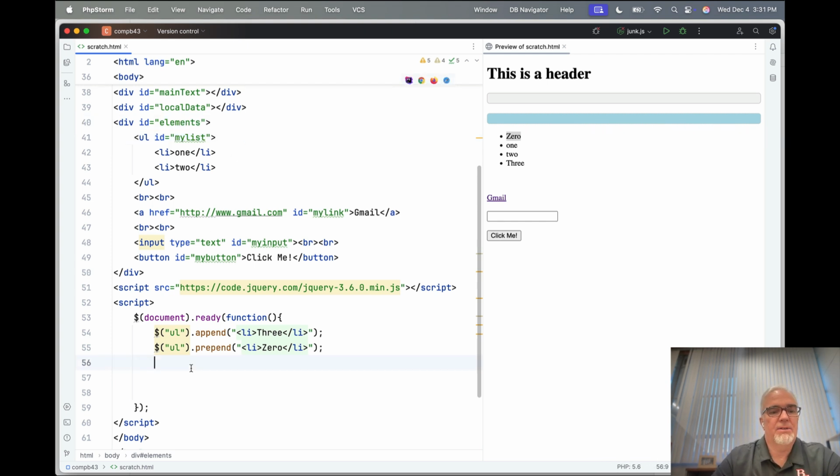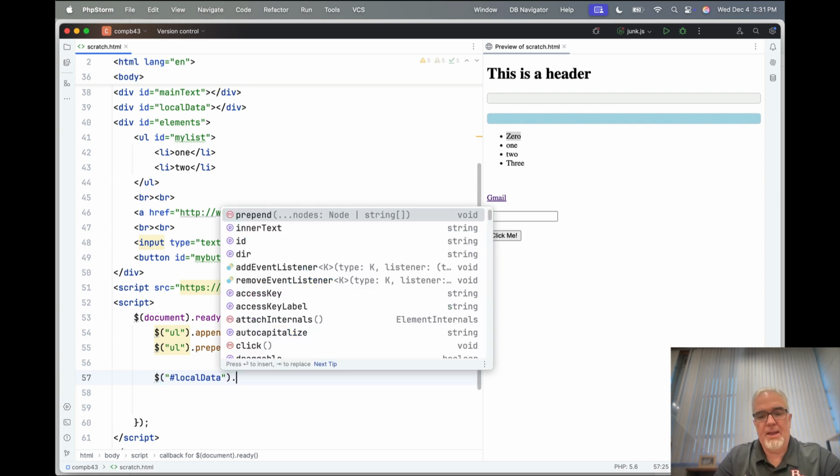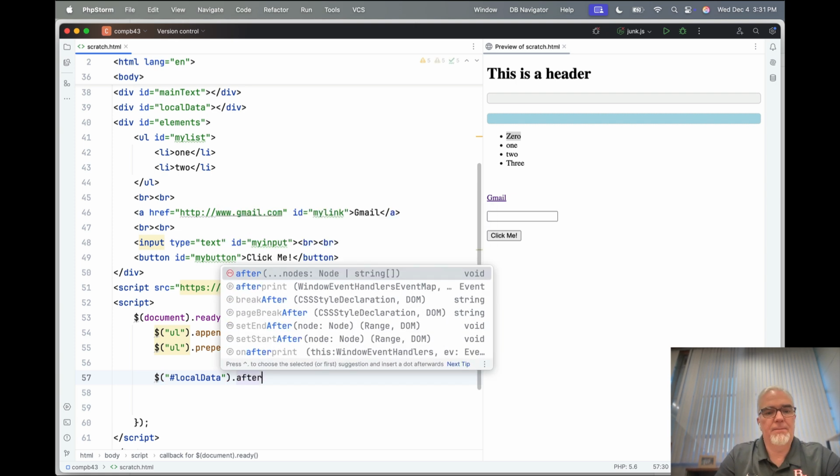So let's add it right after local data. So we're going to say $, and then hashtag local data. And then we're going to type after,